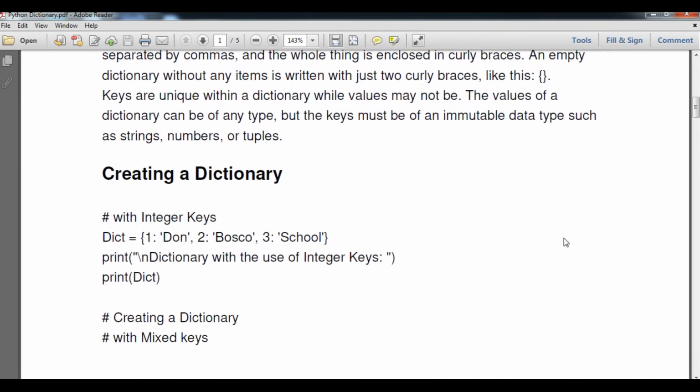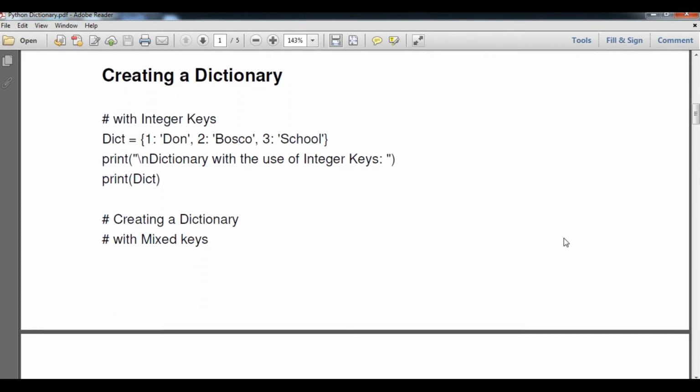Now we are going to understand how to create a dictionary. What we are going to do, student, is create a variable dict equals curly braces open. Within that I have used 1 as a number, colon, Don, comma, 2 colon Bosco, 3 colon school.